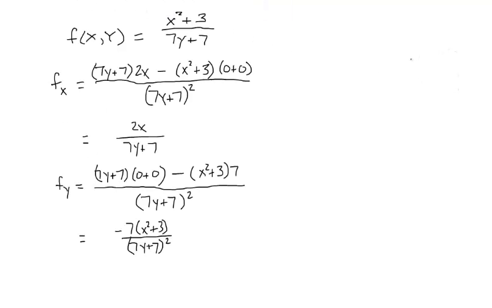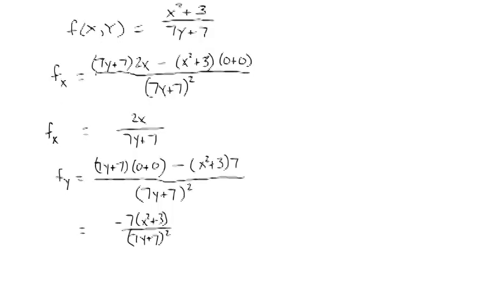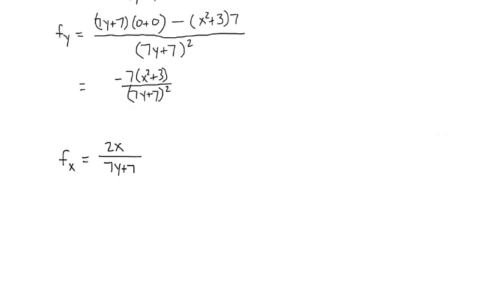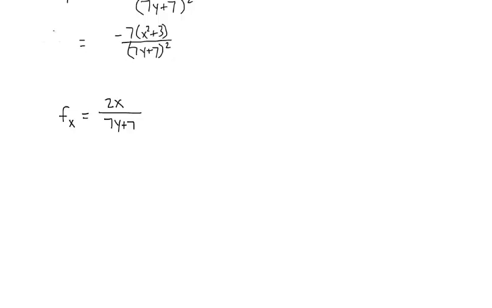So here we have f of x is equal to 2x divided by 7y plus 7. And I'm going to come down here and write that again so we don't have to fight to find it. f of x is equal to 2x divided by 7y plus 7. And then our f of y, which is right here,